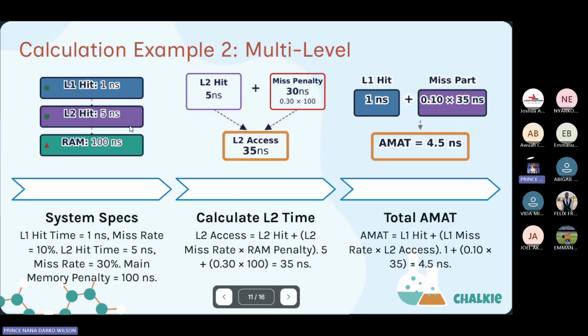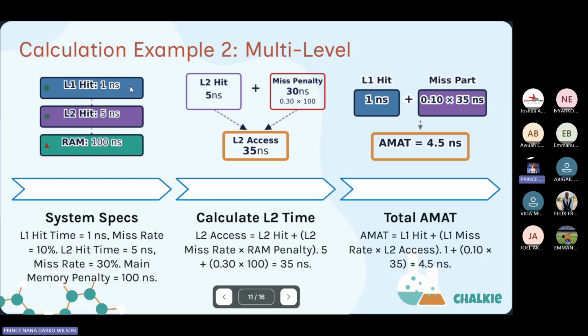So we first compute that to get the value for the level 2 access time. Once we know level 2's access time, don't forget that level 1 also is there. So we now compute level 1's access time. That will give us the average memory access time in total. And we do that by using the level 1 hit time plus the level 1 miss rate times